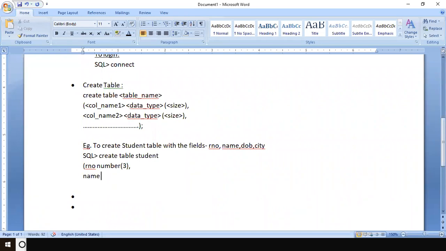Second is name. For this, I can take a data type as character or varchar. So I take it here as character. String is not there in Oracle. Here character and the size indicate it is a string. So size 10 I have given.